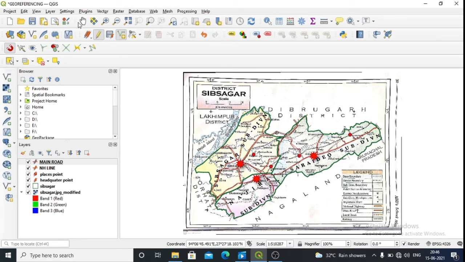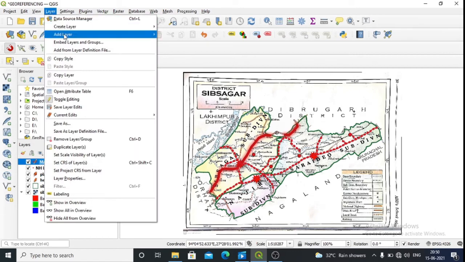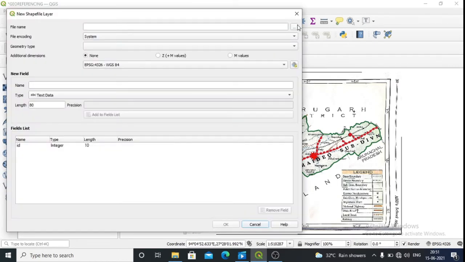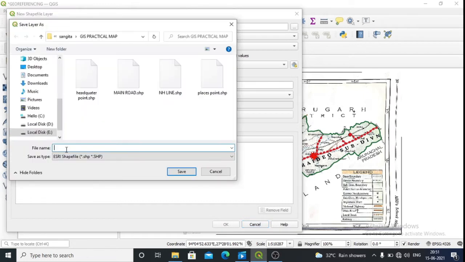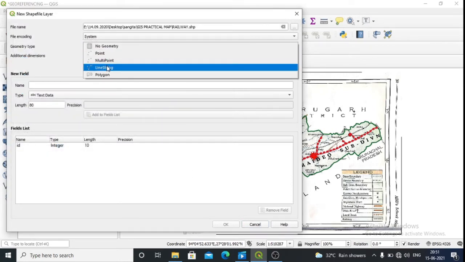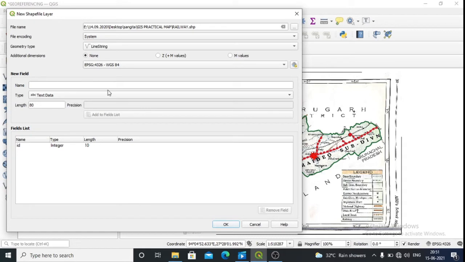So next, because this is quite not visible, let us change to the railway. For railway again we'll create another shapefile, so create, then shapefile. What shapefile are you creating? You are creating railway. Save it. Then what is the geometry type? Obviously it will be linestring. We don't know the name of the row so we'll not add this field.